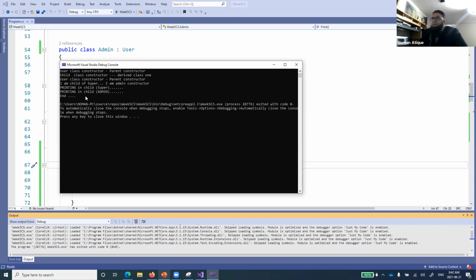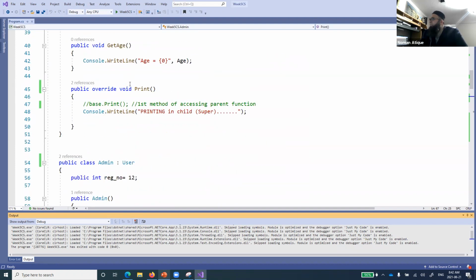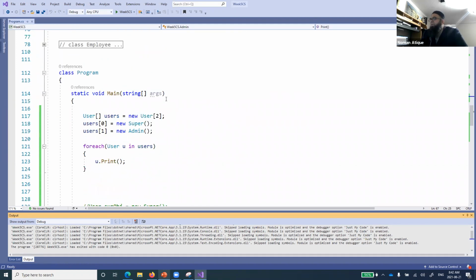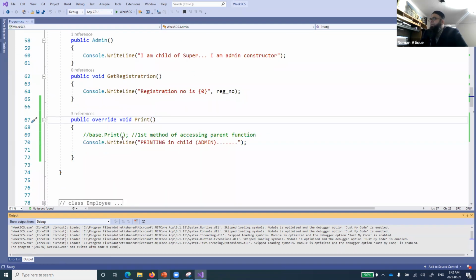So you see here, now printing in child super, printing in child admin. So now both our child methods have been accessed. They are being called. Understand everyone what is going on over here? By using this override and virtual keyword, we can define our methods in a way that they will be overridden, and now it is accessing the print method of its child class, because it has overridden the parent method. Is that clear to everyone?